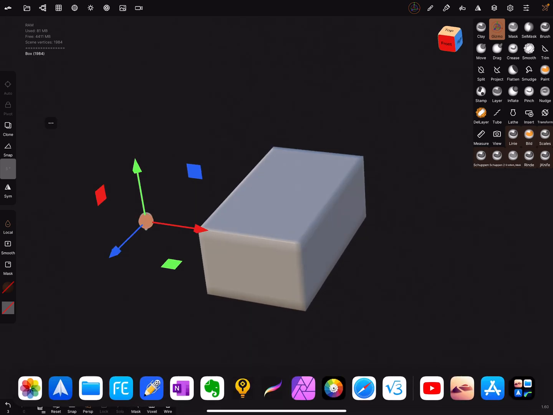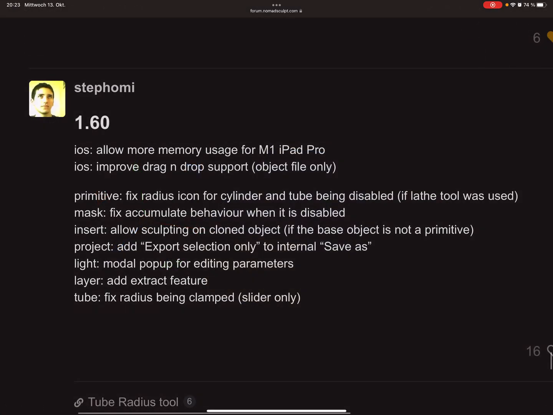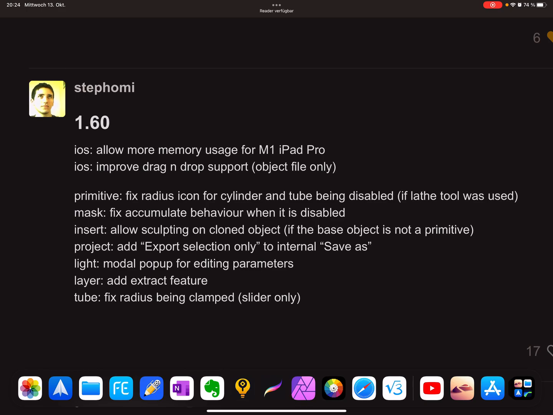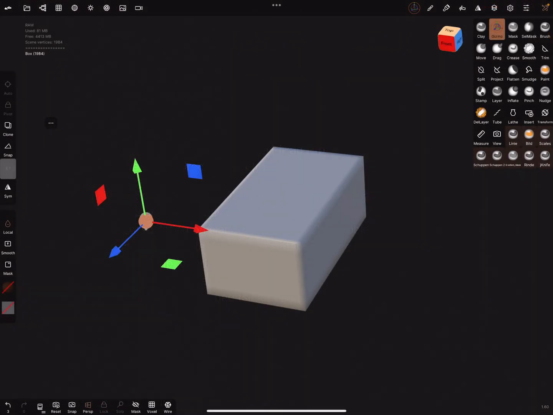And one more thing, the layer add extract feature. The last thing, tube fix radius, is an issue that is fixed. Where's the app?